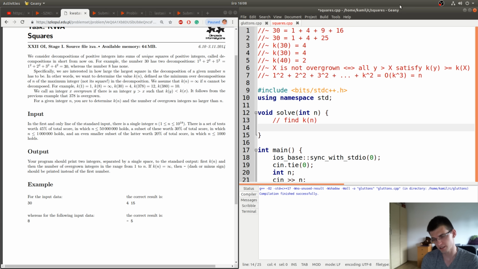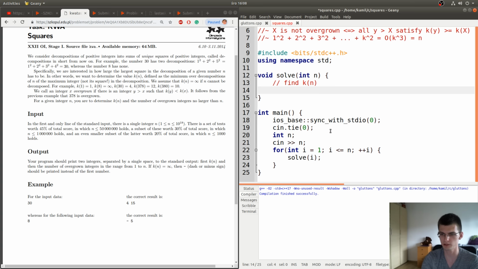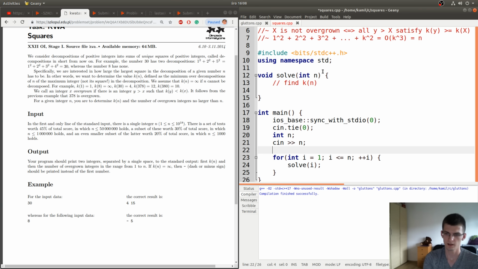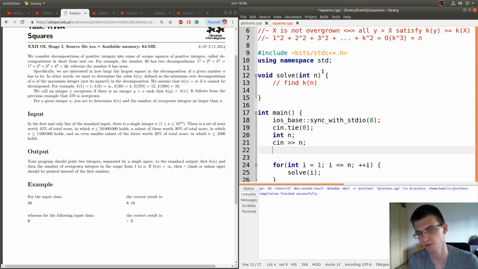we can write a recursive solution that tries everything possible, but it makes more sense and it will be faster to make it like knapsack, to make DP. So maybe we'll do that here. So it's kind of a knapsack where you can take a value 1, 4, 9, 16, and so on. And for every number that we can get as the sum, we ask at what moment it was achievable.